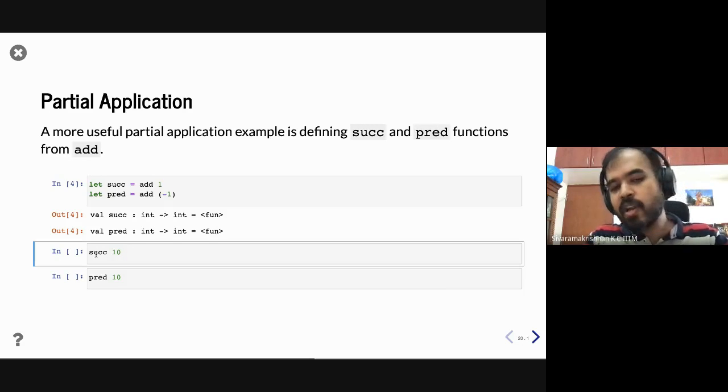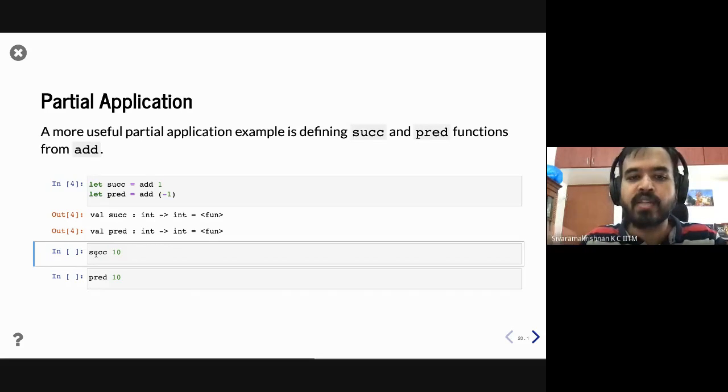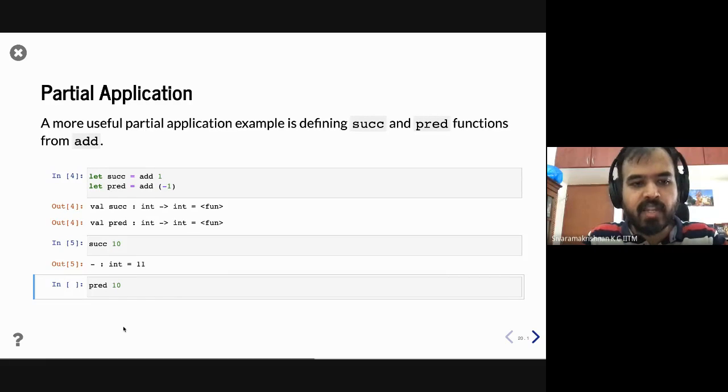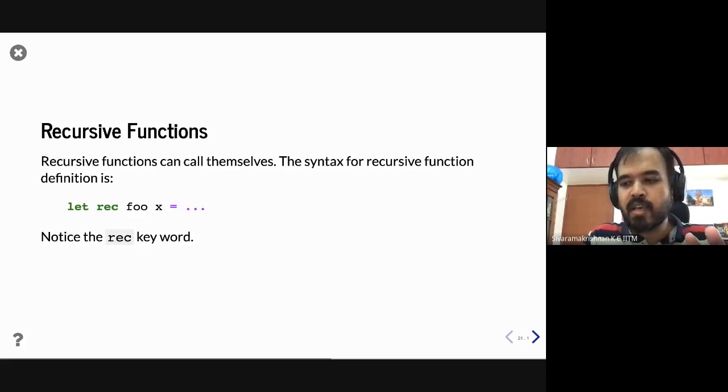So you can see this is useful, right? This is a useful building block for constructing specialized functions from very general functions. And you can obviously see that suc of 10 is 11 and pred, the predecessor of 10, is 9, right? This works just naturally. Okay, so that is partial application. Again, we have not seen real uses of partial application. We will see bigger uses as we look at more examples in the rest of the lectures.